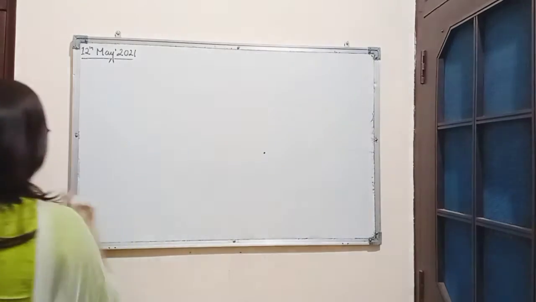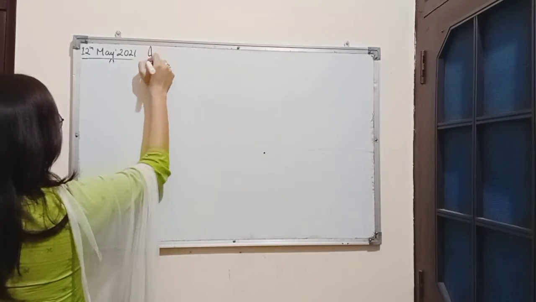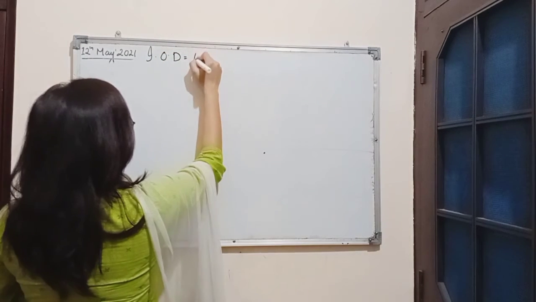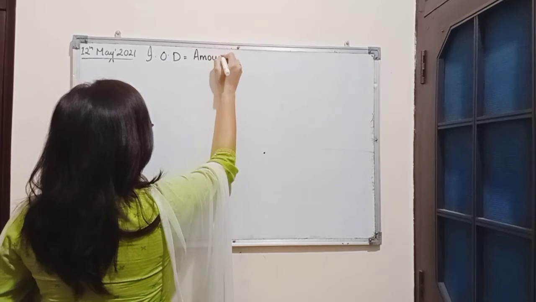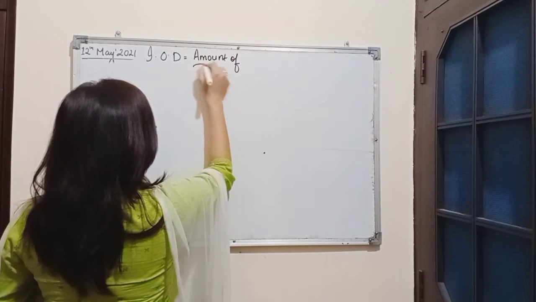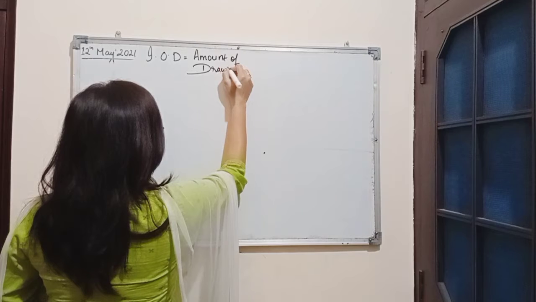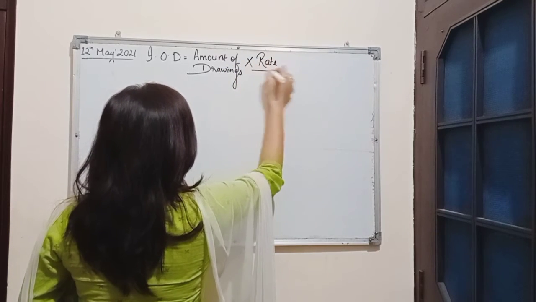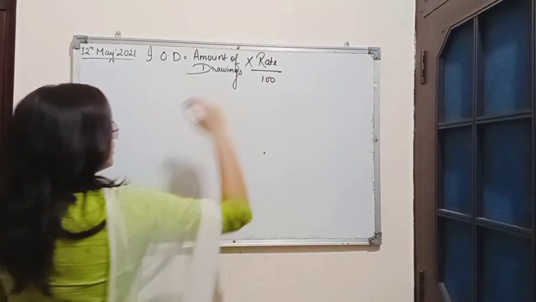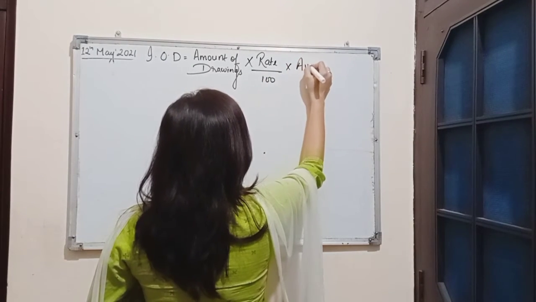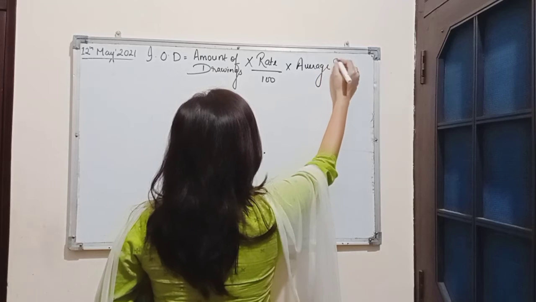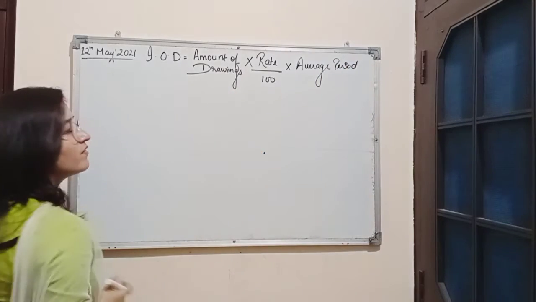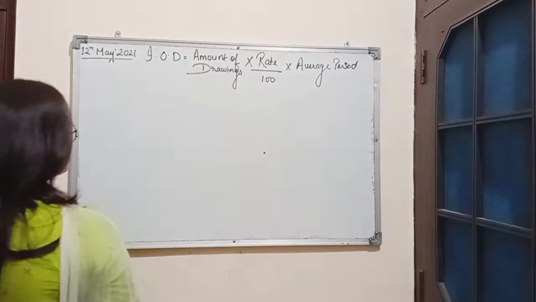So, the formula for calculating interest on drawings is amount of drawings multiplied by rate divided by 100 multiplied by average period. So the average period will be different in each case. Now,